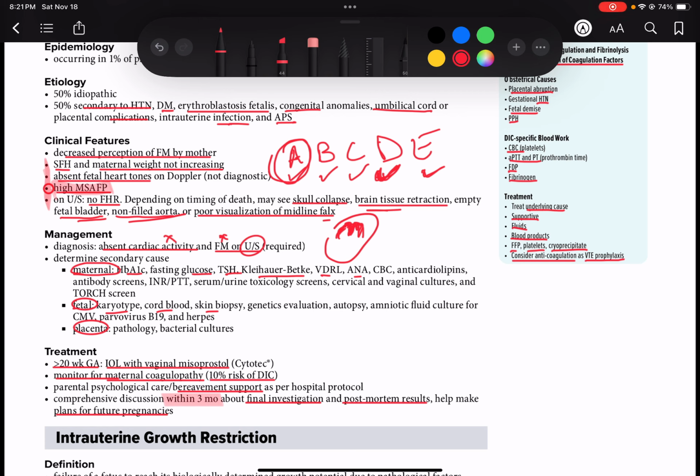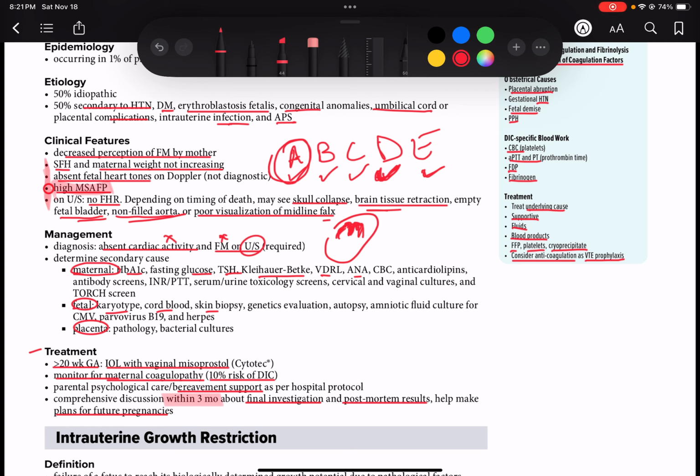I don't think there should be a word like treatment. How would you manage it? If it's past 20 weeks, of course, it's not abortion, it's fetal demise. So it would be just induction of labor with vaginal misoprostol. You would just induce labor, and you would just